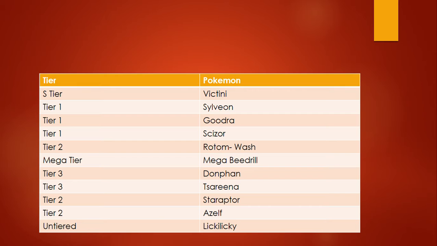Banded V-create destroys things. It can go both sides. It's got fire and electric coverage with the psychic STAB as well, with the fire STAB. It's got access to U-turn, and it's got access to some fun things like Glaciate and some other things like that. Really good Pokemon. I've used it once in draft league format for a little bit. I really enjoyed it. I wanted to use it again, and